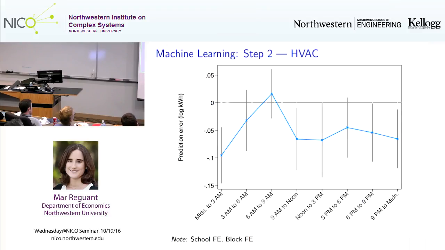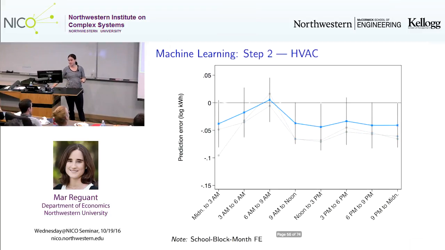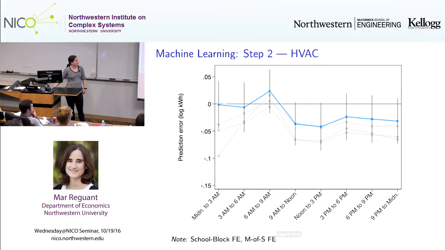It means that we increase consumption. So we talked to some engineers, and they told us that indeed, many of these newer systems are meant to consume more at 6 a.m. because they actually are more efficient at shutting down and then doing pre-cooling and then getting ready for the kids to come to school. So it was much more reassuring that with the machine learning, we are finding patterns that are more stable. The estimates still change significantly if we control for some of the trends, but they are much more stable in their shape and much more intuitive when we think about the implied or expected benefits of these policies.